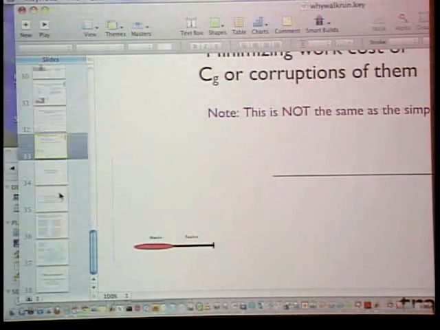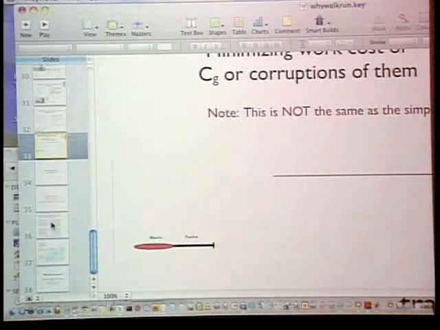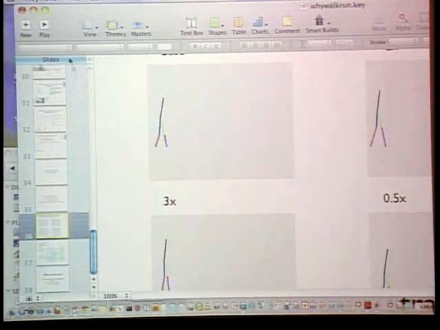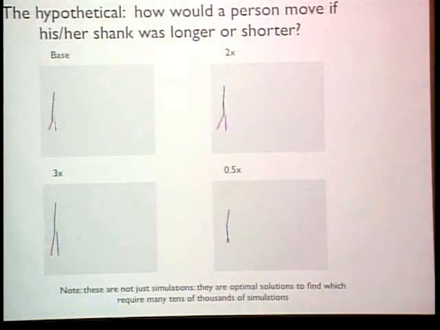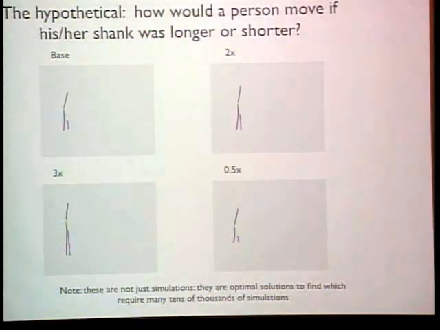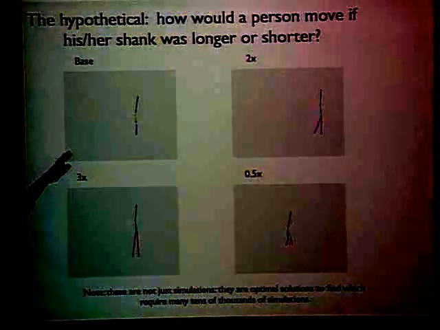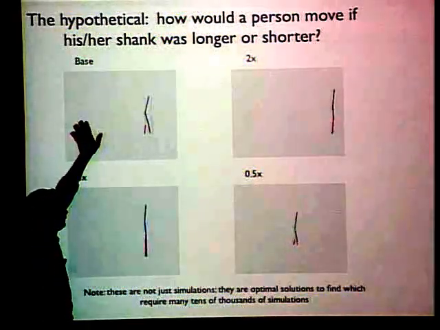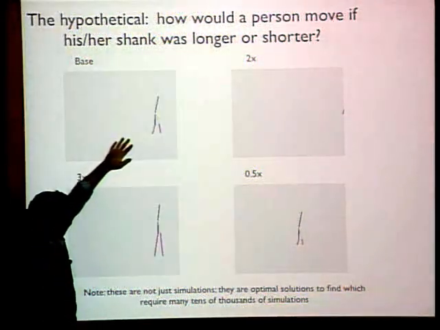Let me actually show, for instance, what is possible with a complex model. This is not quite minimizing the right quantity, so the upper body looks a little bit weird. But this is an example of how a person would move. So this is an optimization with a more complex model than I just showed, but this is a calculation in